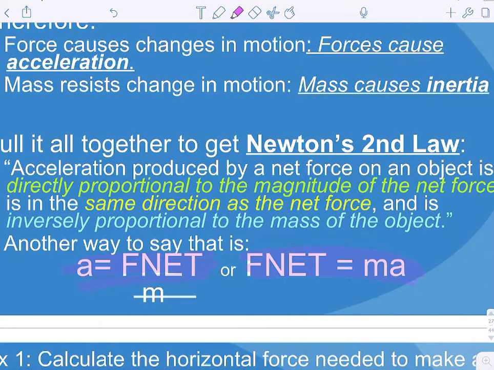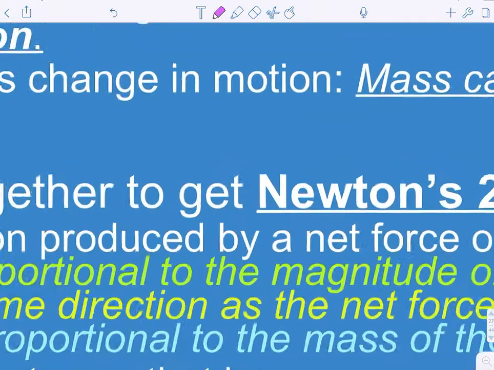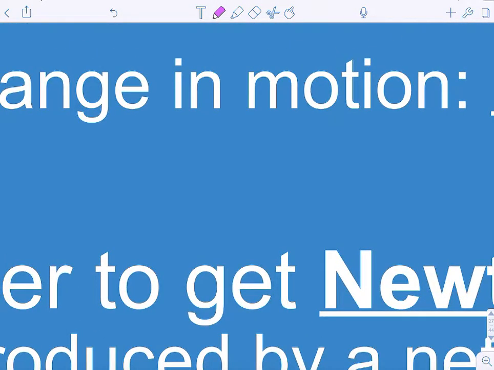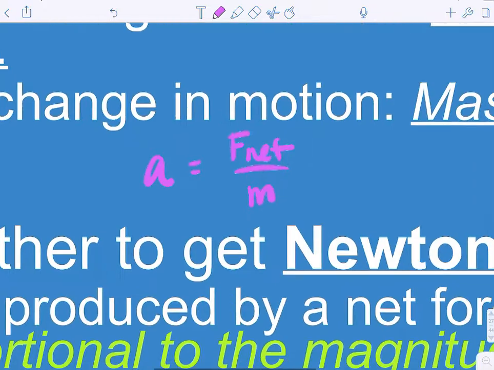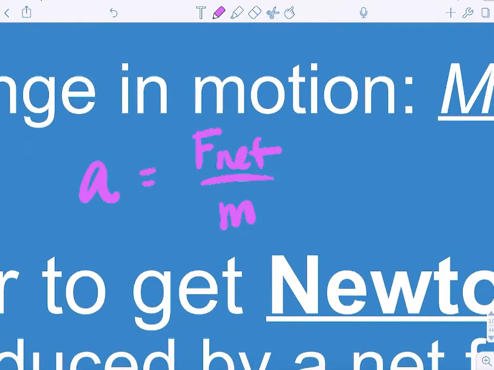Another way to write it, and unfortunately it got all jacked up whenever it got imported from the other location. I'm just going to zoom in and write it right here. Acceleration is equal to F net divided by mass. I just rearranged this formula to get acceleration all by itself so we could see the relationships between net force,